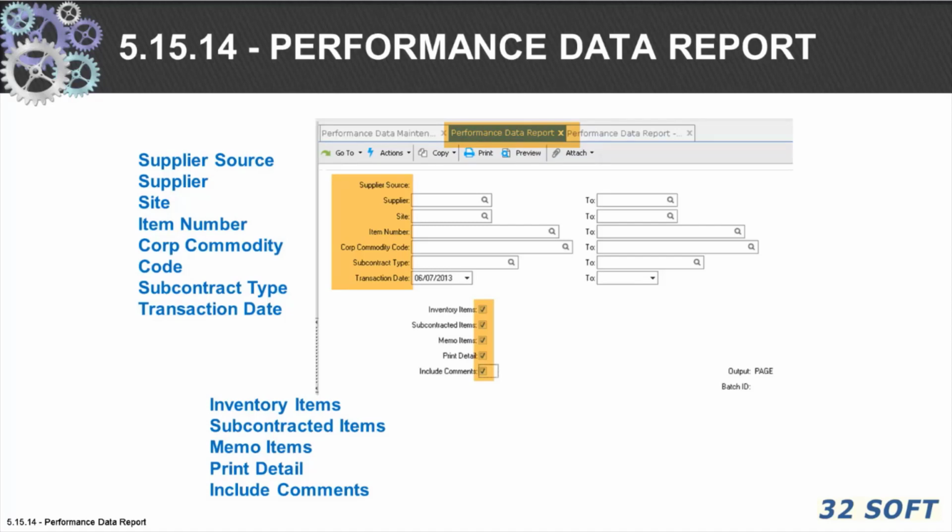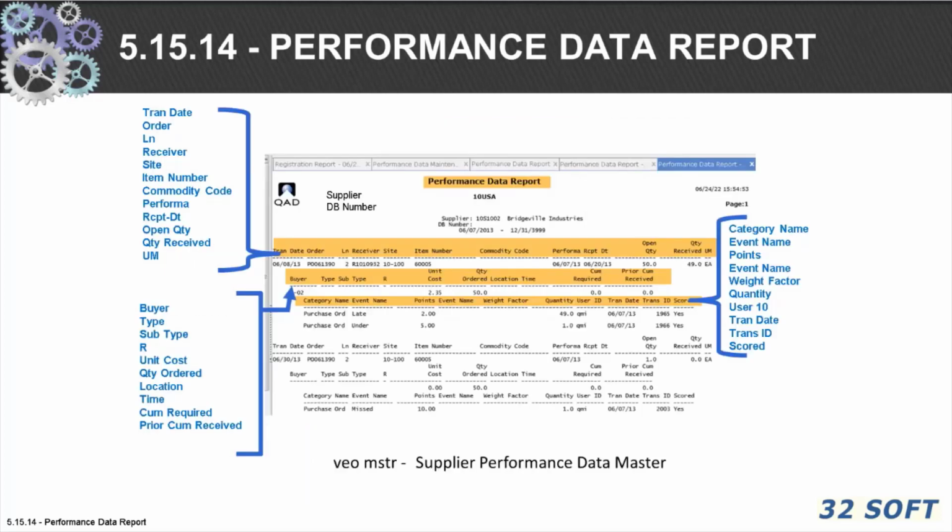The 5.15.14 Performance Data Report selection criteria is based upon supplier source, supplier, site, item, commodity codes, and can include either inventory, subcontracting memo, or detail and comments. The 5.15.14 is a very detailed report with lots of information. This is hard copy. I would recommend to browse against VEO Master to get the supplier performance data.